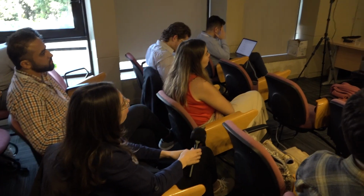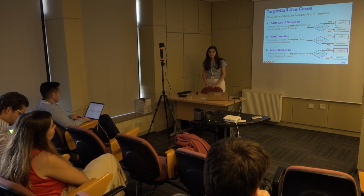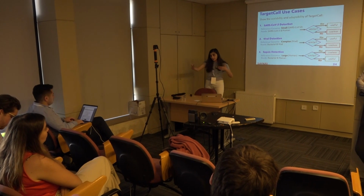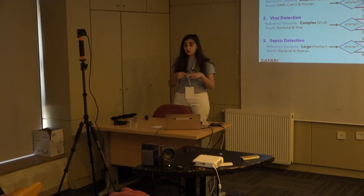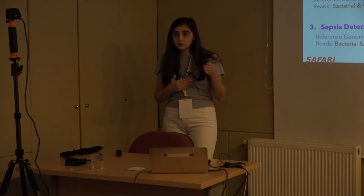Okay, so basically, I think the answer is different for the tools that we compare. For SIGMAP, for example, they have a very complex index that uses KD trees, and the tree size becomes very huge as you increase the depth and the number of branches with the reference genome size, and you have to traverse all of them. And they never convert the raw signals to bases, and they have to do approximate matching of the signal values because nanopore sequencing doesn't produce exact raw signals. So they have to match these floating point numbers with a very complex tree, and their performance